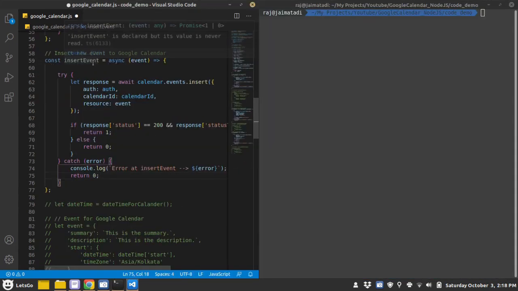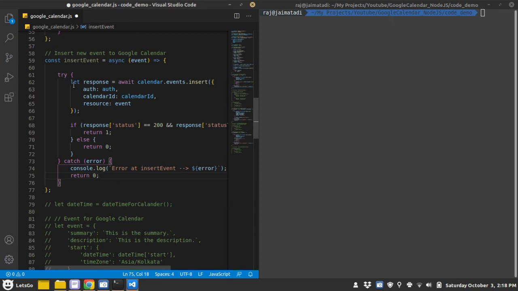Let's see the first function, insert event. Insert event requires an event. I'll show you what the format of the event is. I have put this into try catch. Always put your async await code into try catch, so if any error occurs, you will be notified using the catch.